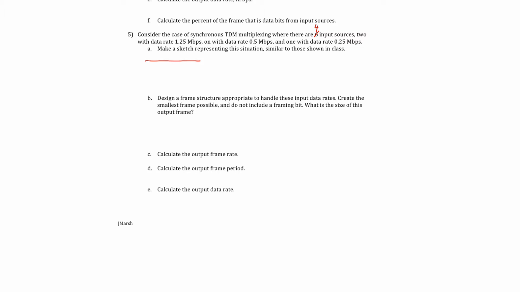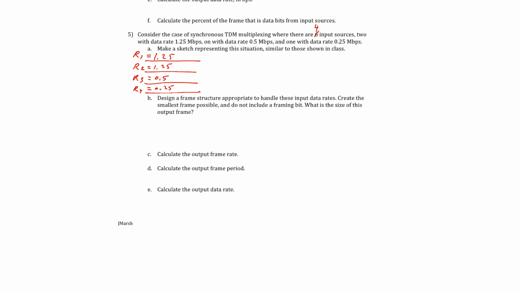1.25. Let's call this R1. We have 4 of these input sources. R2 is 1.25. R3 is 0.5. Here's number 3 coming in. Here's number 4 coming in. R4 is 0.25 coming into the mux, the multiplexer. Okay, so now we've got to figure out